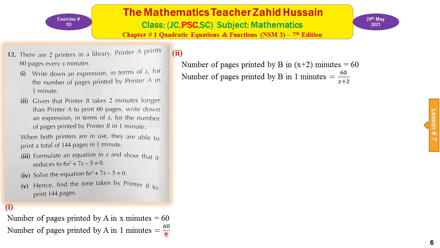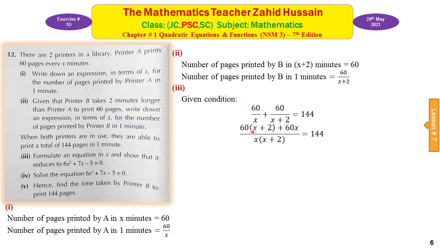So we will add this expression and this expression and we will put this equal to 144. Now this is the equation. We are able to form an equation by using this condition. Again, this equation is an equation having fraction. So x into x plus 2 will be the LCM. Dividing x into x plus 2 by x, we will get x plus 2, which will multiply with the 60